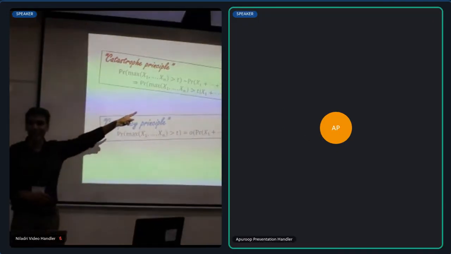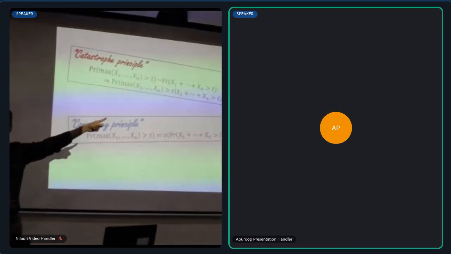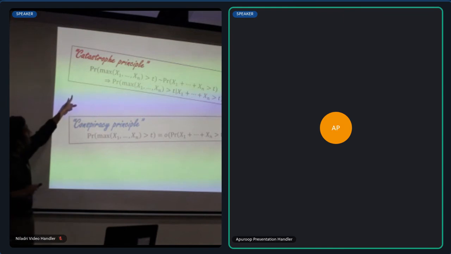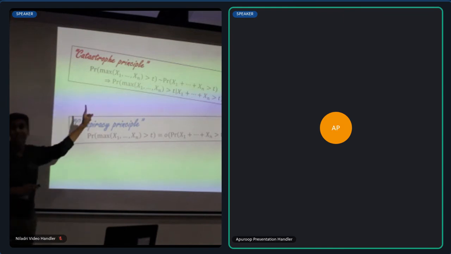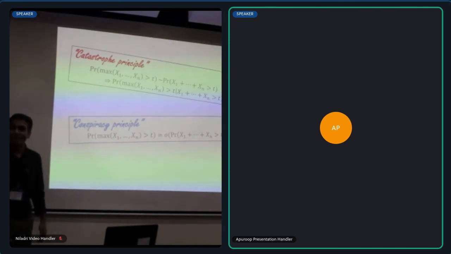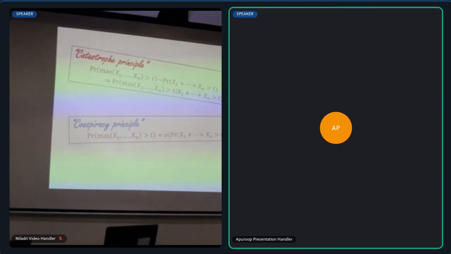Okay, so maybe it's easier to parse the left-hand side first. The left-hand side is the probability that the sum of n IID random variables exceeds t, right? T being large, because we are talking about an asymptotically equivalent statement. This is asymptotically equivalent to the probability that the max is greater than t, which means that one guy is contributing to a value greater than t, and that is in fact the manner in which this is happening.